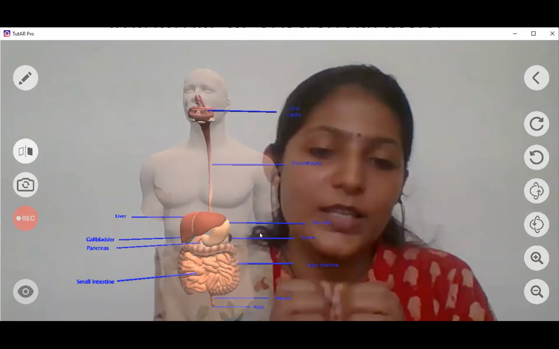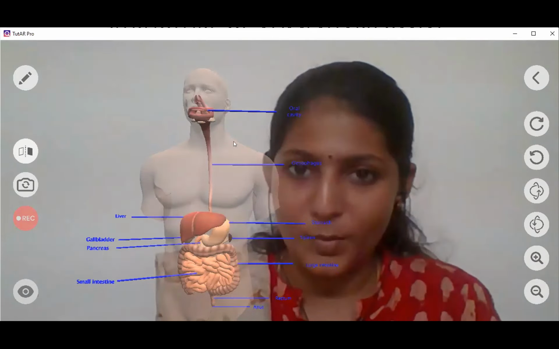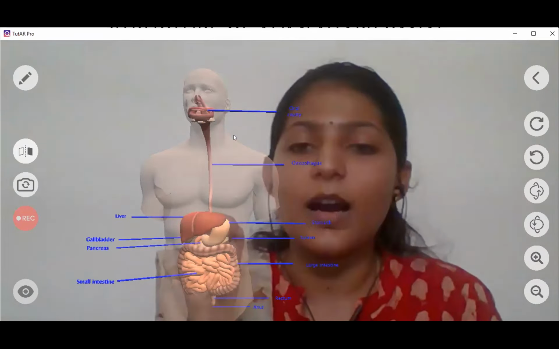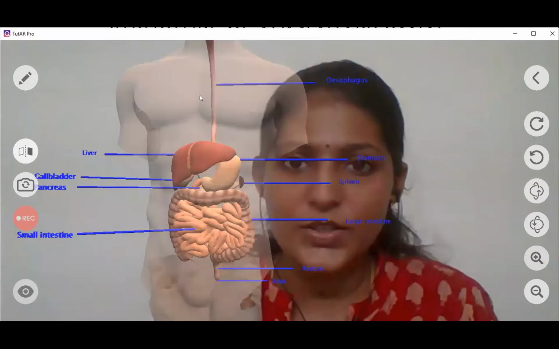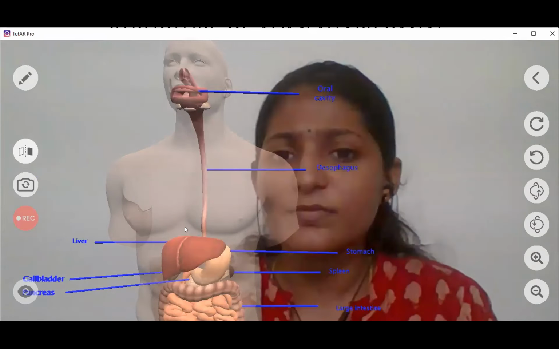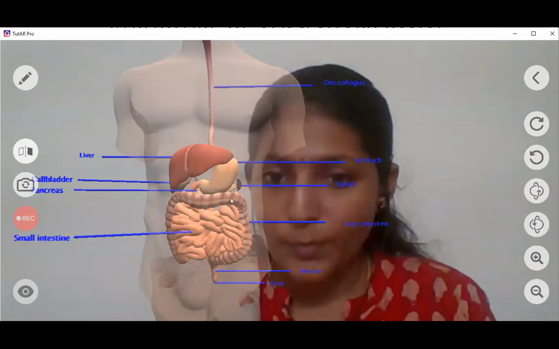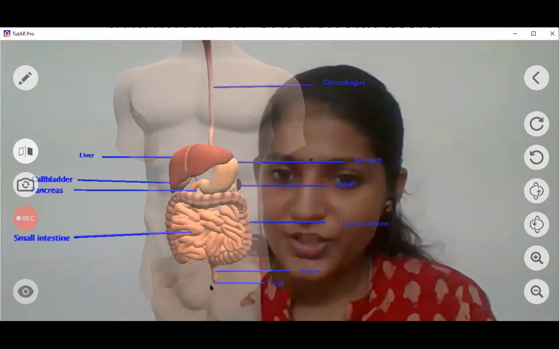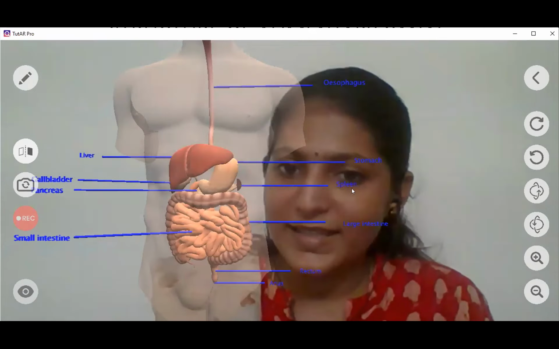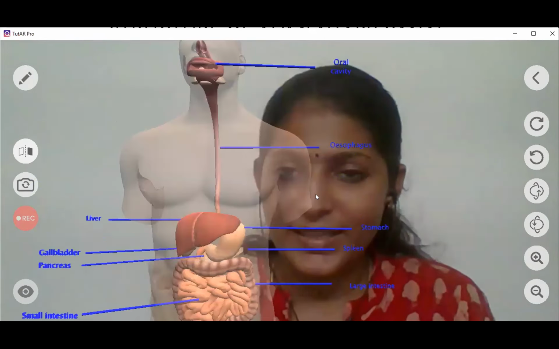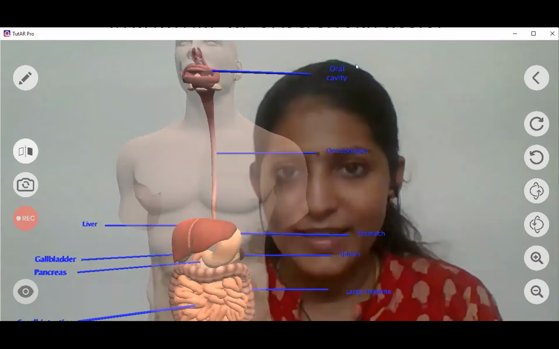So now I'm going to explain the same topic again with the help of the model. Here you can see the parts of the alimentary canal very clearly, which are the oral cavity or the mouth. Then comes the esophagus, and then the stomach, small intestine, large intestine, rectum, and anus. Now, why I said this is interesting is when I explain the process of digestion, I say, children,